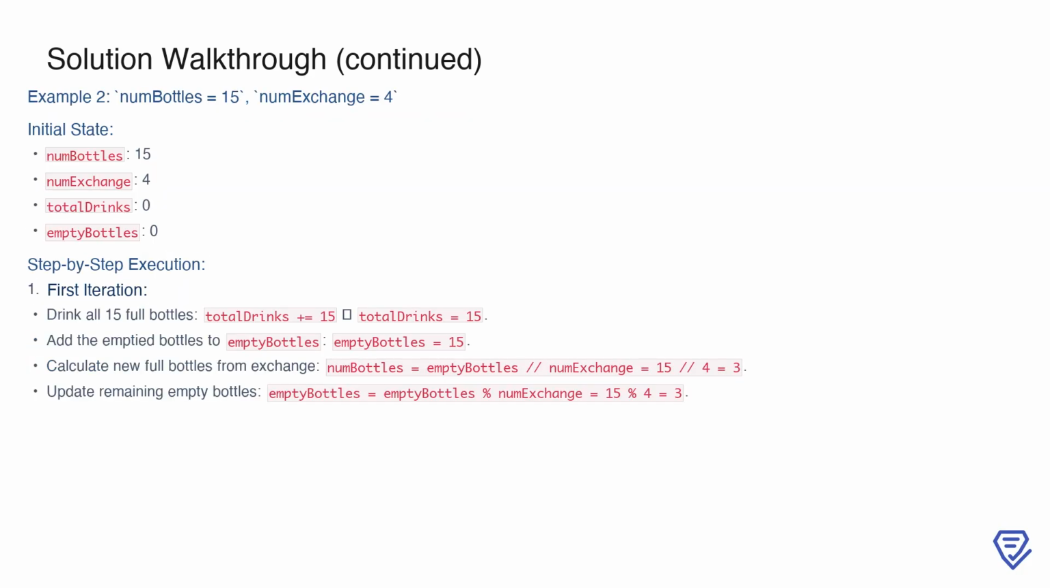Next, let's look at the second example where we start with 15 bottles and an exchange rate of 4. Initially, we have 15 full bottles, no empty bottles, and the total drinks consumed is 0. In the first iteration, we drink all 15 bottles, so the total drinks become 15. These 15 empty bottles can now be used for exchange. With an exchange rate of 4, we can trade them for 3 new full bottles, leaving 3 empty bottles remaining